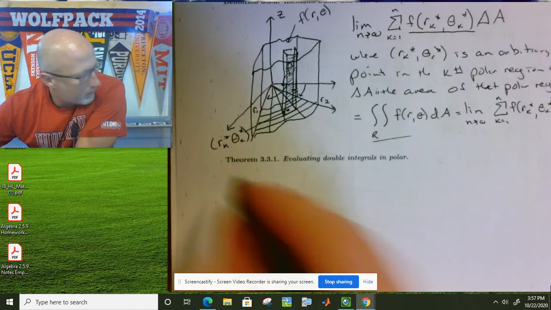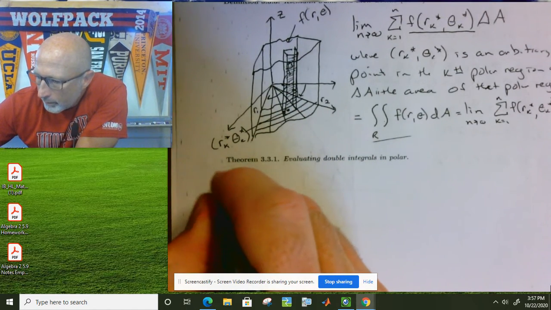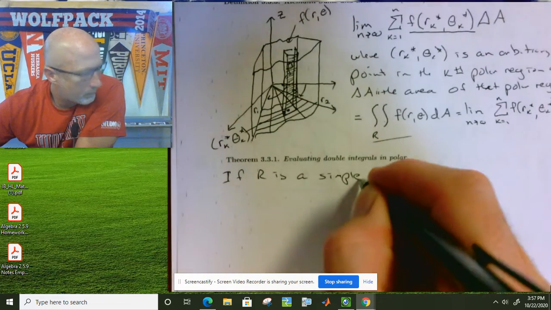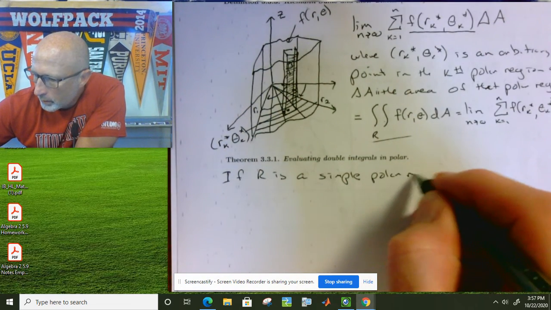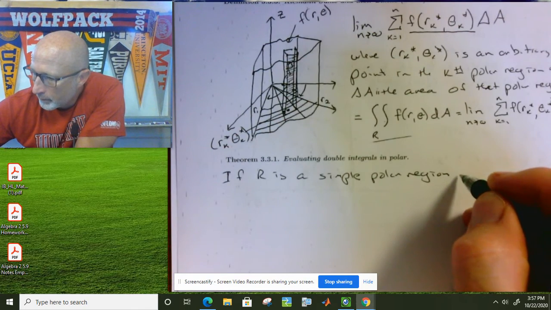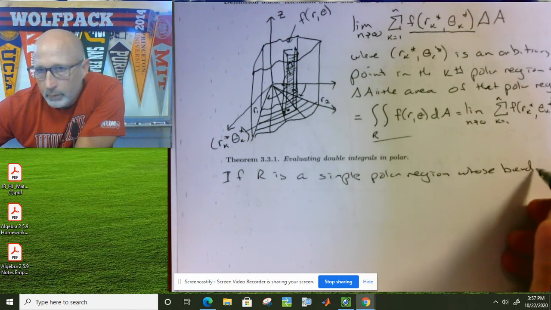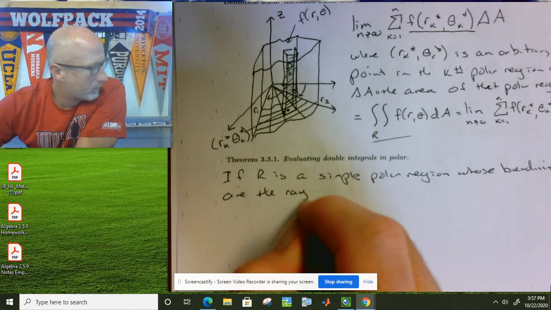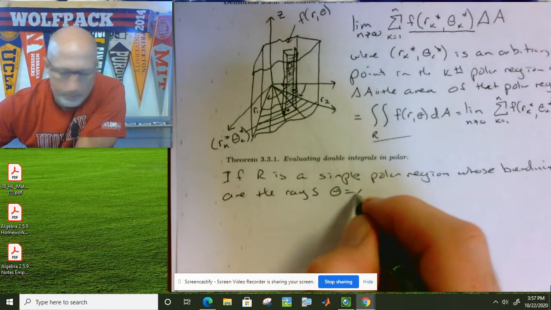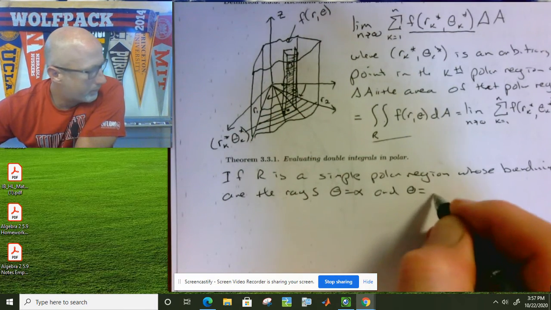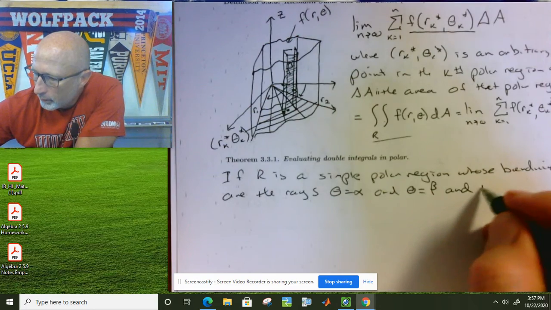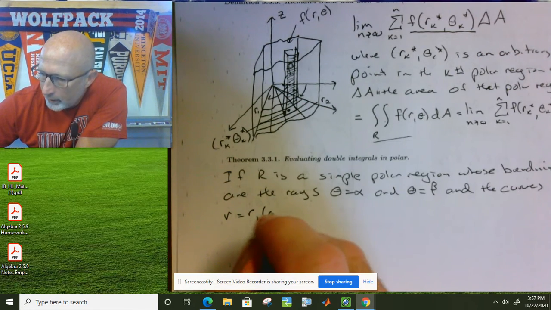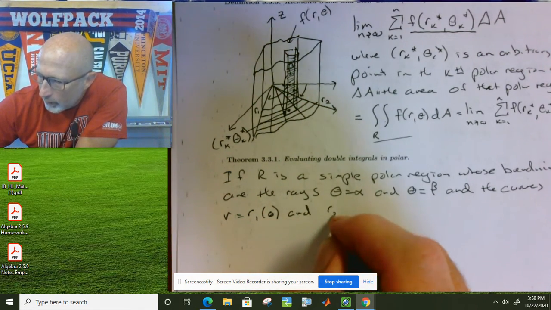If R is a simple polar region whose boundaries are the rays theta equals alpha and theta equals beta, and the curves r equals r1 of theta and r equals r2 of theta,